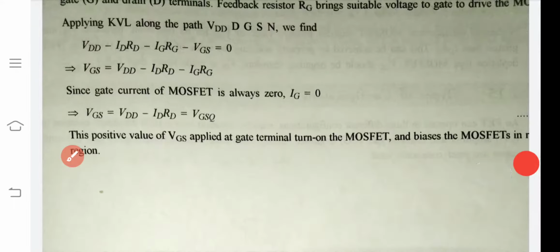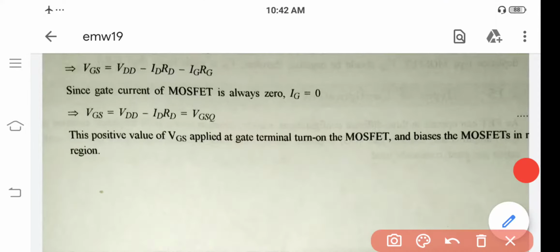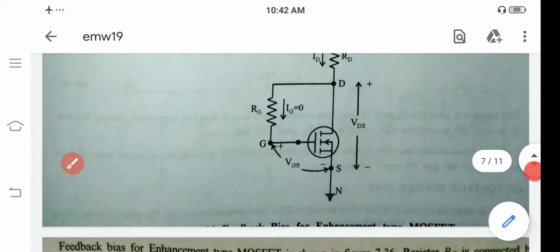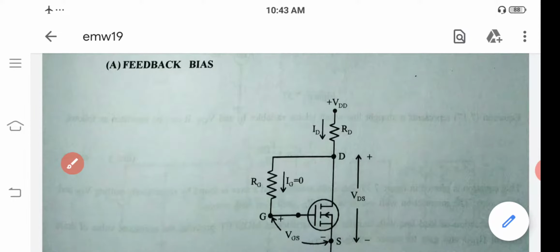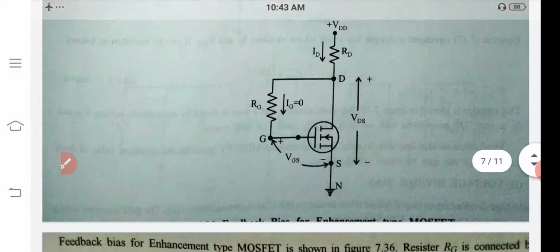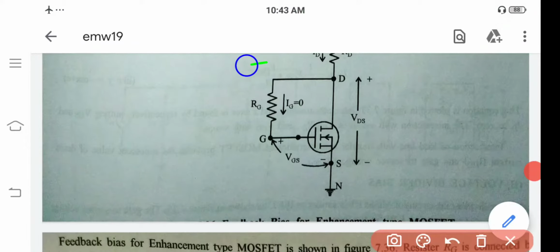VDD minus IDRD minus IGRG minus VGS equals 0, from the first loop. And from the second loop we get the equation VGS equals VDD minus IDRD minus IGRG. This is the first equation. Since the gate current is also 0, we can write VGS equals VDD minus IDRD